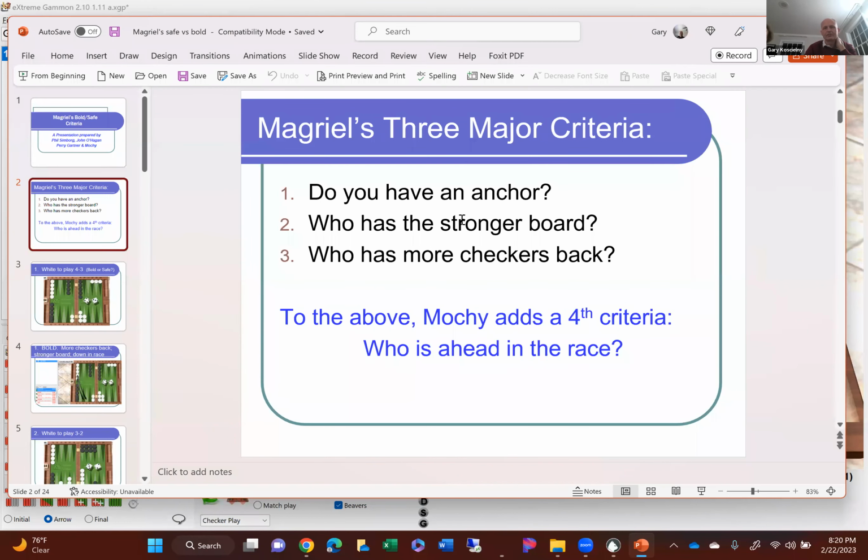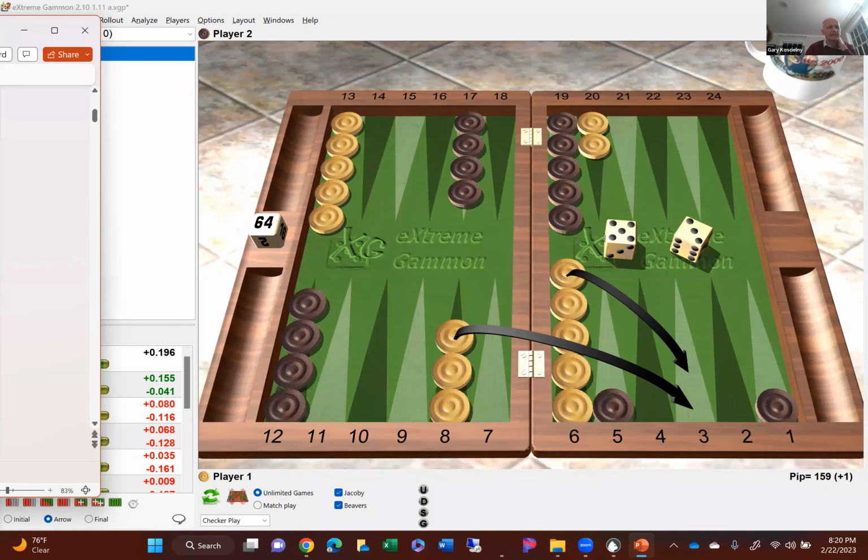And Michi kind of turns this on his head when he says, well, if you have an anchor, you're not going to play bold, you want to play safer. So when you have the anchor, don't get another checker back. Part of the rationale for that is that